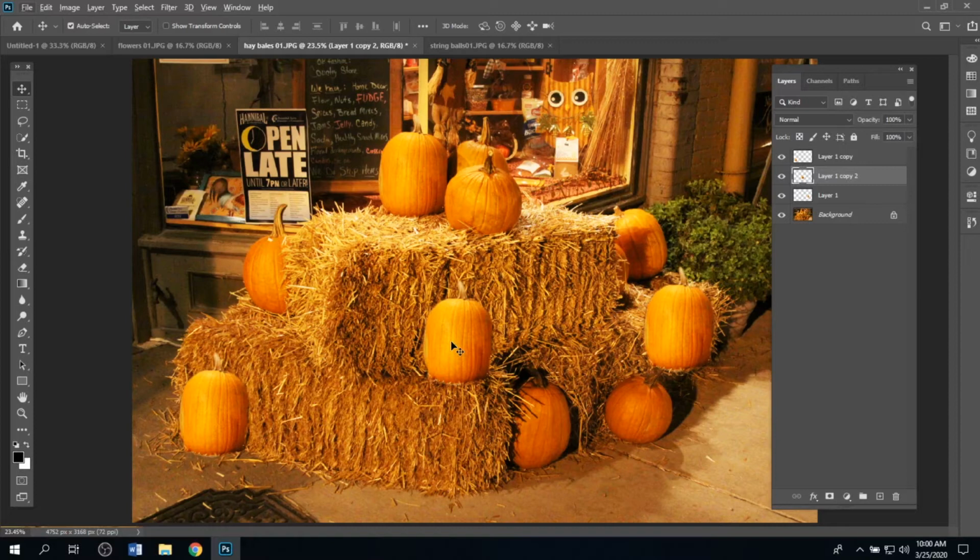Okay, now we want to click the left mouse button and copy and paste the new pumpkin into place like we did there. Okay, next we want to click on the string balls